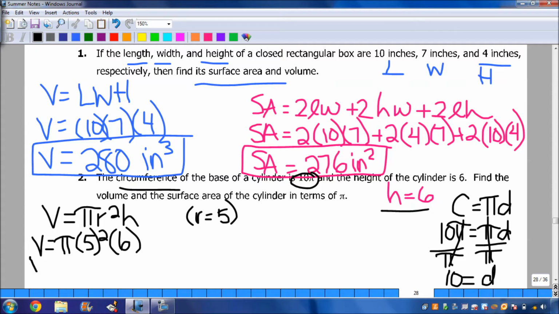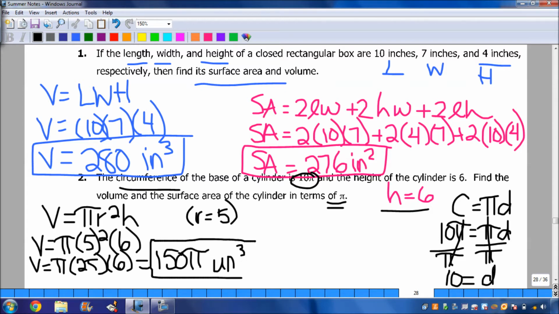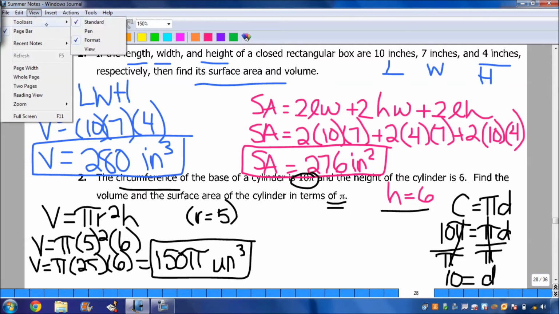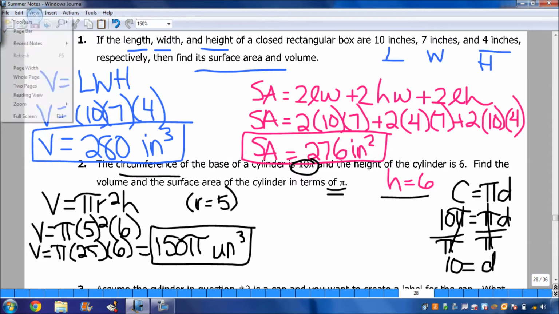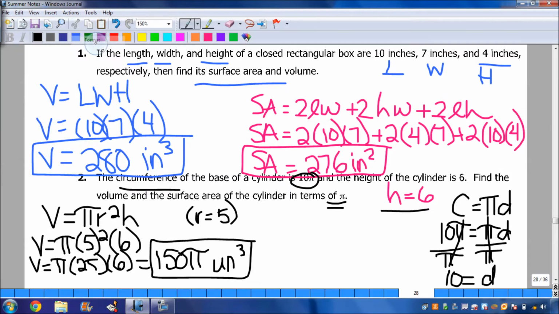So I get V equals pi times 25 times 6. Plug into your calculator or use your brains to figure out that 25 times 6 is 150. So it asks it in terms of pi, so your answer is 150 pi units cubed. Okay? All right, so now what I need to do is figure out what the surface area is. So look up what the formula is for the surface area. You should end up getting that the formula is going to be